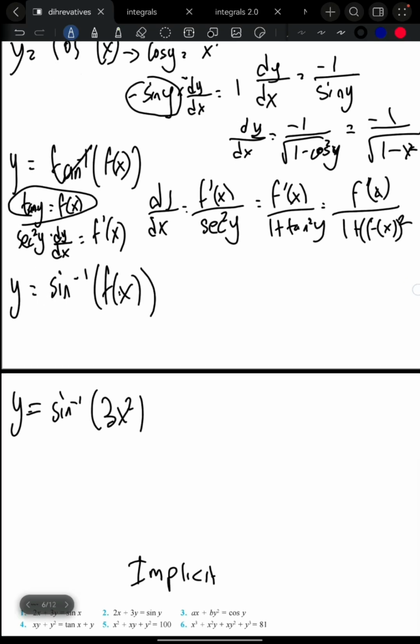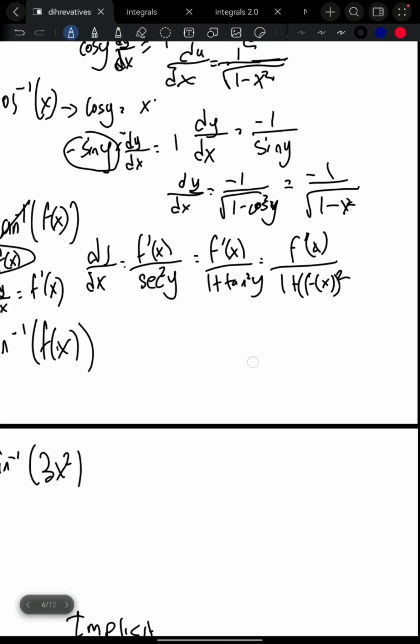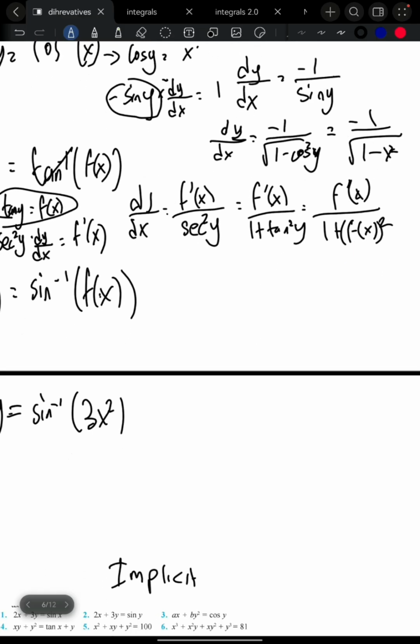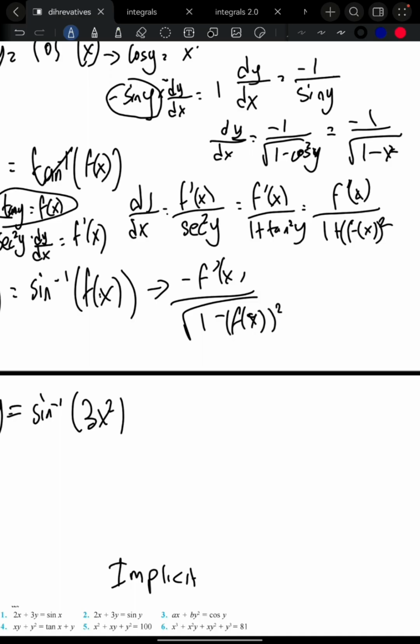Yeah, I'm gonna have to do this for sine. Quick shortcut for this. I know it's not supposed to be memorized, but it's just negative f prime of x divided by square root 1 minus f of x whole squared. I'm too tired to do this, so